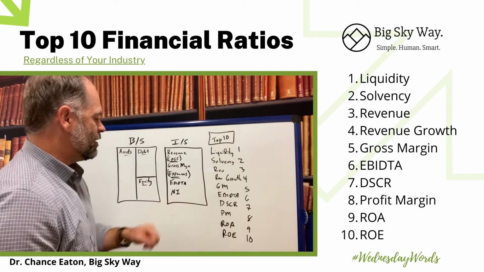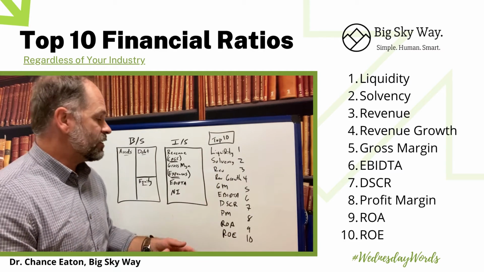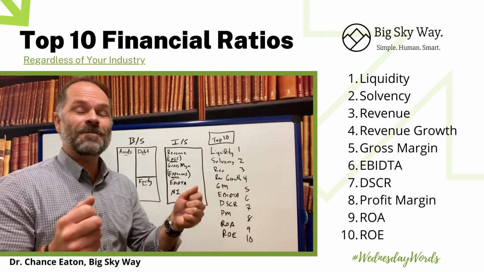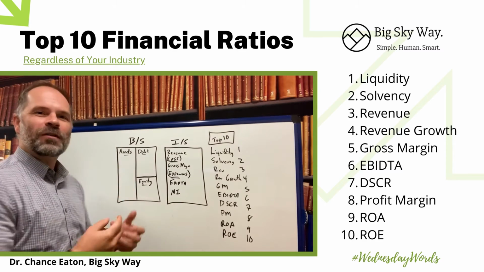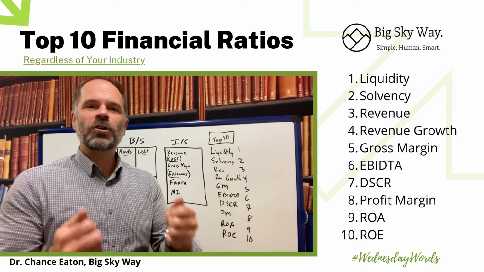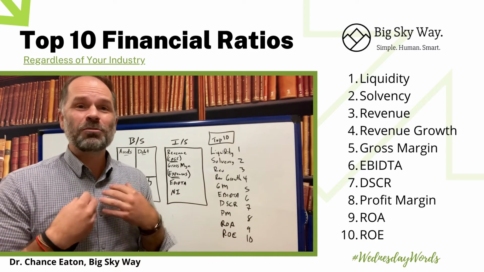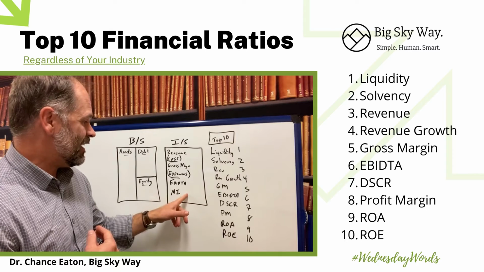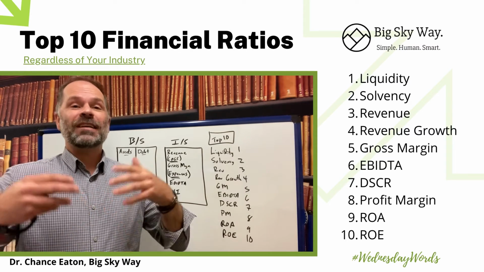ROA is your net income divided by your assets. Some metrics will throw in interest, that's fine, but what is the total investment that I'm making in the company? How much profit am I making relative to all this investment in assets? That's my return on asset. Even more important, ROE is return on equity. How much money am I making? This is net income divided by my equity. That's my investment in the company. How much has that grown by?